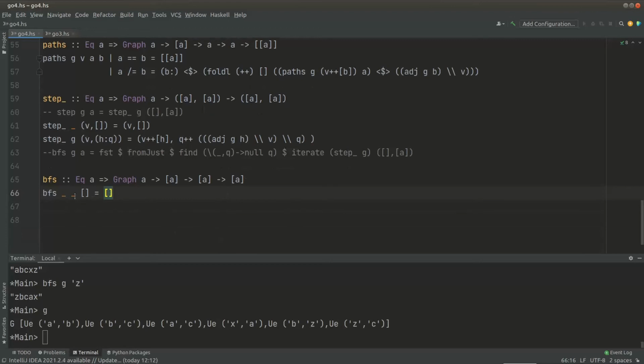So actually this visited here is used only to check that we have already visited our vertices. It doesn't contain the result. And what if they have some non-empty parameters? So we have some visited here,